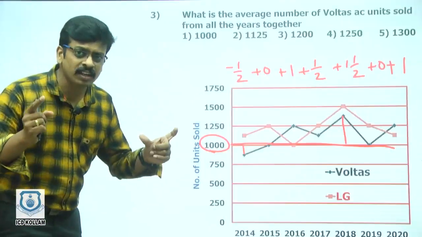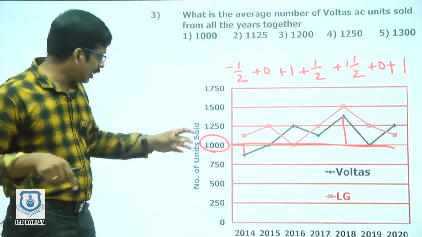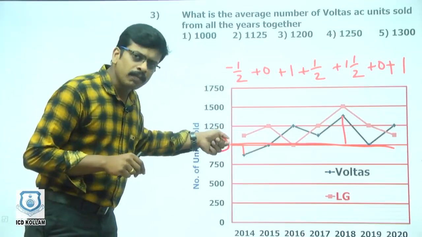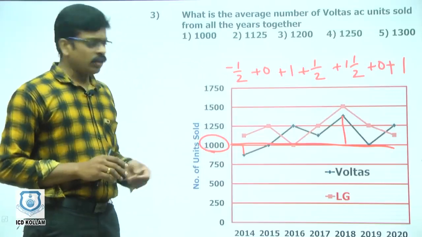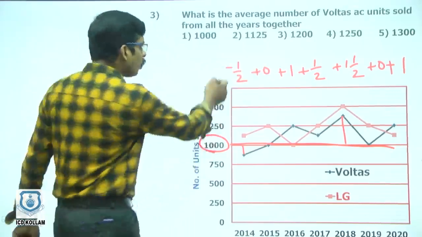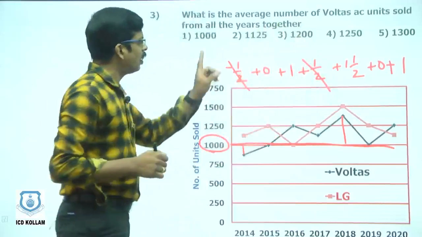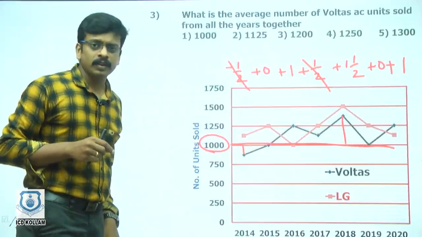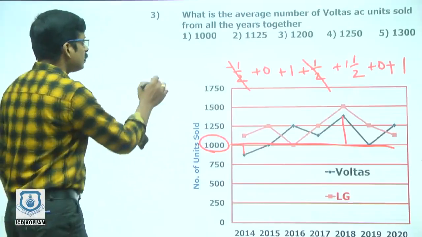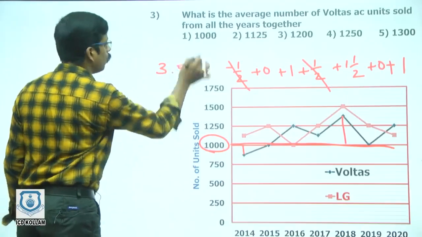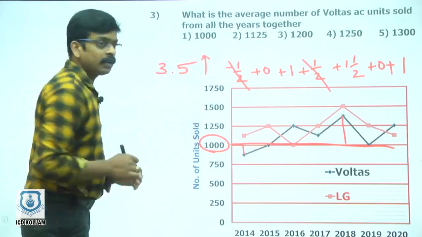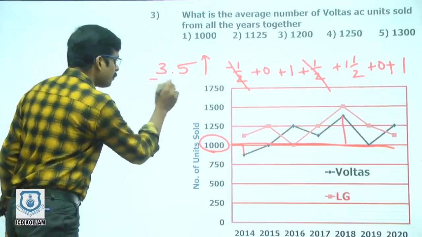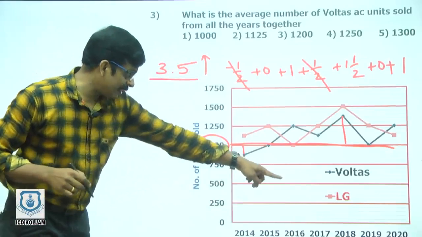This is the variation, not in the average, but in the case of the sum we are adding all the variations. In terms of blocks is the only difference. So I am adding or solving all these: minus 1 by 2 plus 1 by 2 cancel, and 1 by 2 is there. So total 3 and 1 by 2, 3.5 more. This is more in the sum. I can say more in the average by dividing it by 7 years.